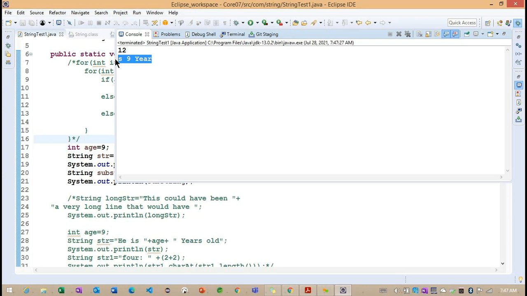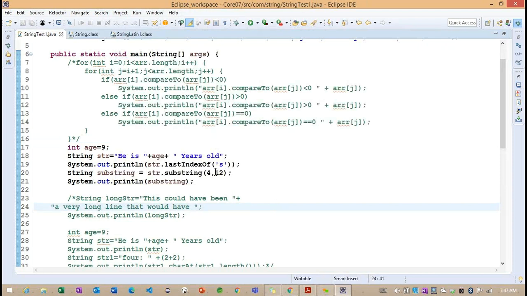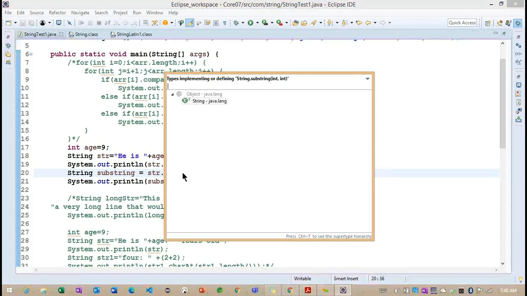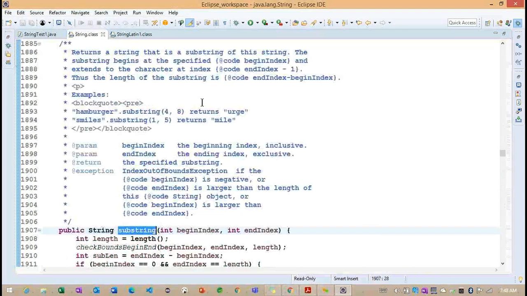So this is all about the two substring methods. The first one, we provided only the begin index.